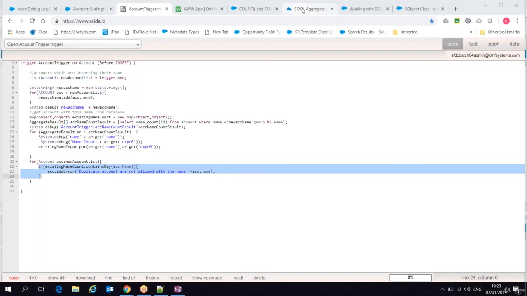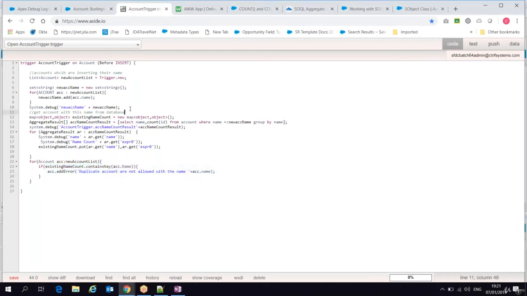So what is the simple way here? It always depends, but when you write code, you should check how it affects my system performance. So what is the simple way of this? Instead of this, I'm just writing the same piece of code again. I'll comment it out, and just write a for loop here. Everybody will see that whenever you write a trigger, they will write